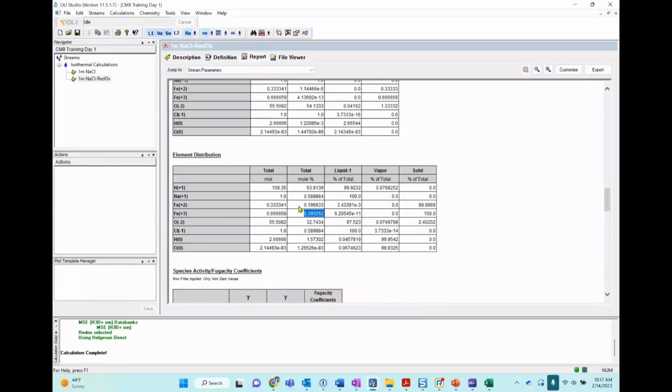Okay, so Mariana and Joaquin, this type of calculation is always a good idea to do, to see which layers you're forming and how much of it is forming in the system.